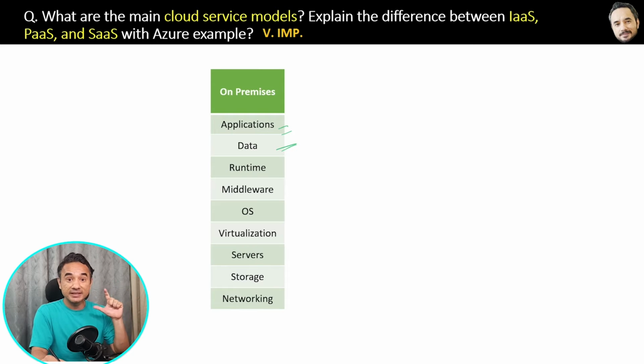Okay. Then there is an IT or infra team who will perform the rest of the things, like installing Java or .NET runtime software on servers so that your application can run. Then maybe your application is using some third-party API or application, like some middleware. Maybe your application is using MS Office, then that will be installed. Then installing the OS, Windows or Linux. Then virtualization, which is the technology that creates virtual versions of the hardware.